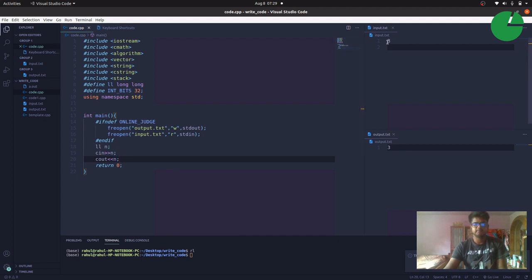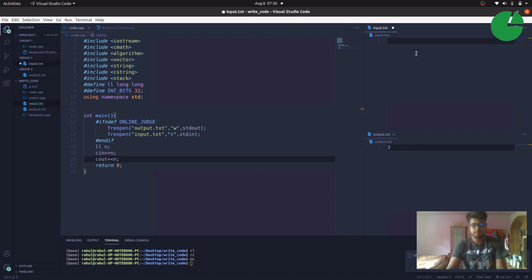I have given input 3 and output 3. Now I will run it. For compiling I use RC, that is g++ and the file name, and for output I use OC, that is ./a.out. If I change the number, okay, now it is working fine.